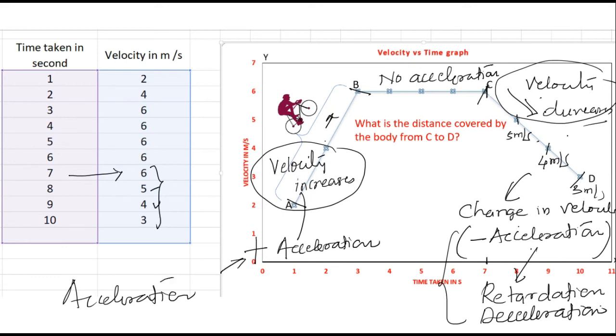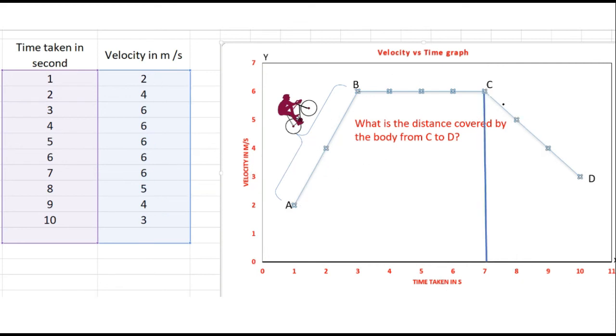So this particular part of the video tutorial is very important, because from here to here it's a positive acceleration, then from here to here there is no acceleration, okay, no A, and from here to here it's a negative acceleration, right? Okay, now the last part of this video is what is the distance covered, which is from C to D, and what we have to do, just extend all these lines, and what figure you get, please refer to previous videos.